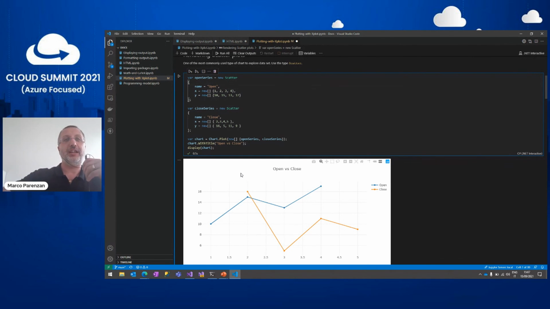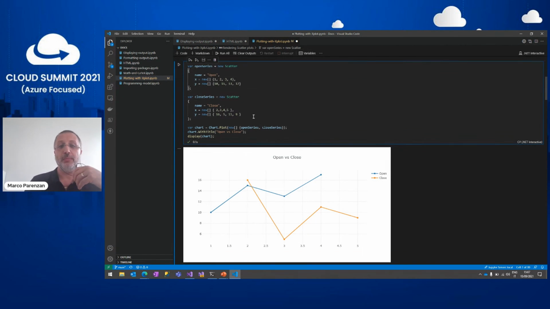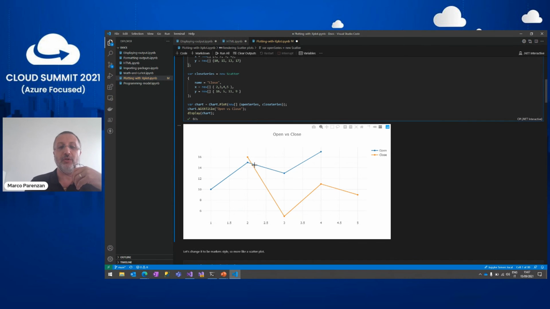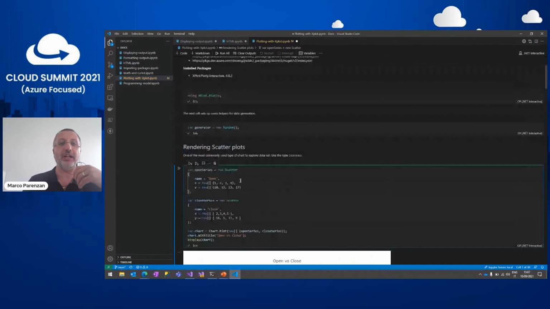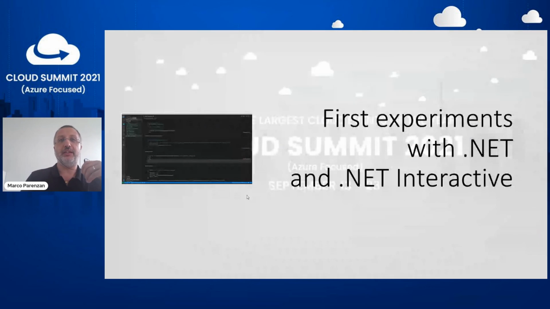You will see that in the next session. But okay, you understand that you can run everything you want that is HTML based inside your notebook, and you write in C#. And this is very great. This allows me, since I have no Python knowledge and no time to spend learning a new language, to use my C# skills to write this kind of code. And that's it. This is what I wanted to do.